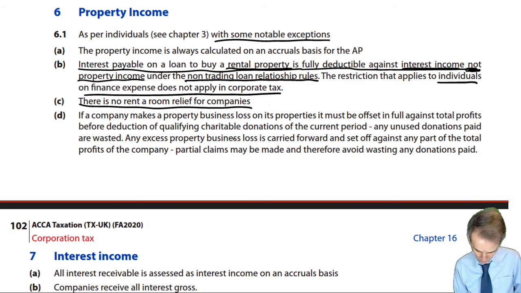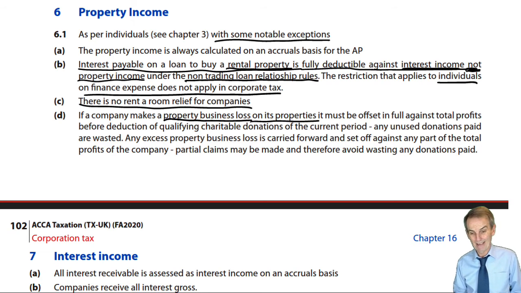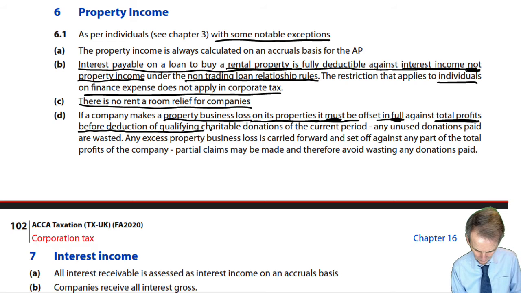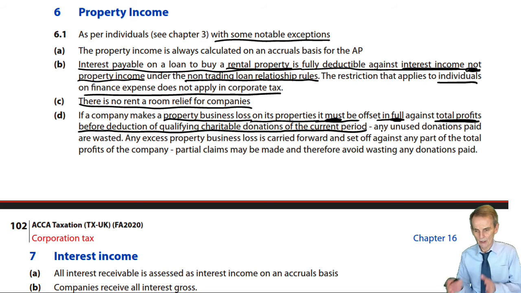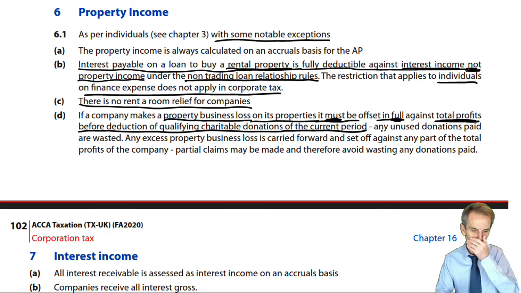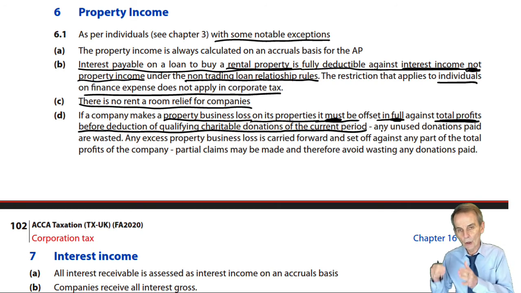If a company should incur a property business loss on its overall properties, it has more expenses than it has income, then it must be offset in full against total profits, which of course is before deduction of qualifying charitable donations of the current period. So if we get a property business loss, there are more expenses than there is income. On that basis, the loss creates a nil assessment on the face of the corporate tax computation,